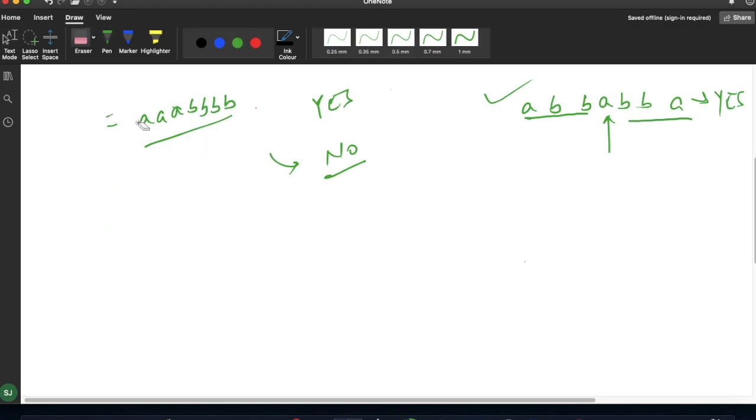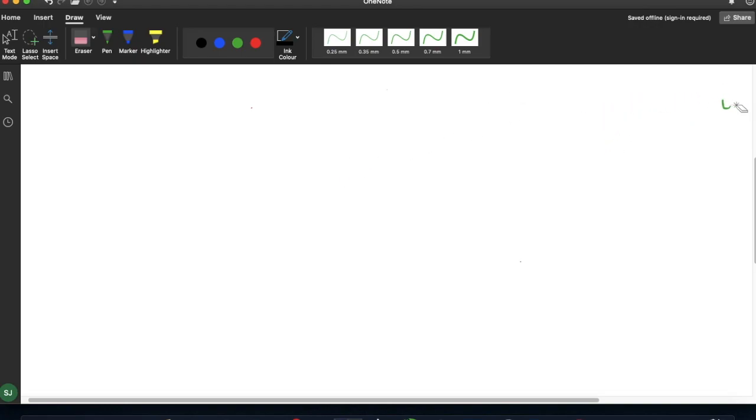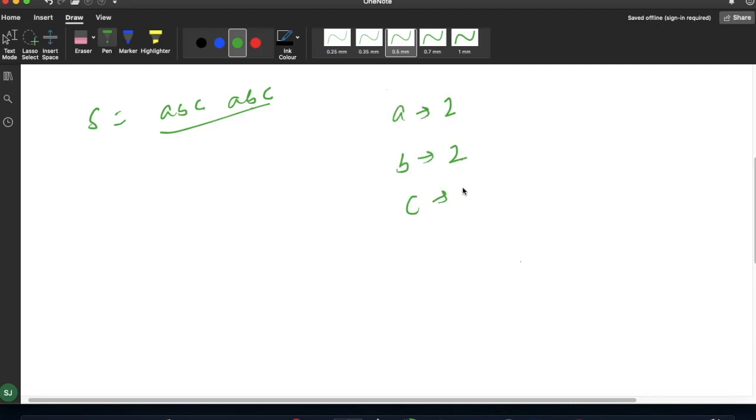Let me build a few test cases. Suppose this is my given string in which all the characters are occurring an even number of times. Suppose A has occurred twice, B has also occurred two times, and C has occurred two times.